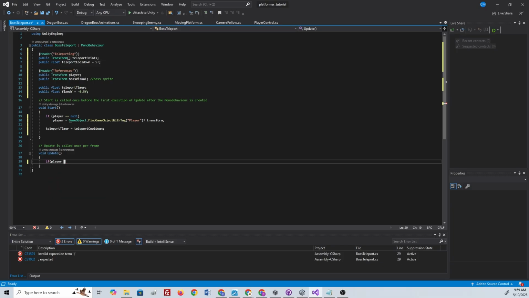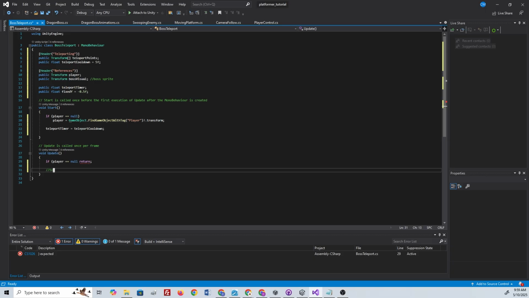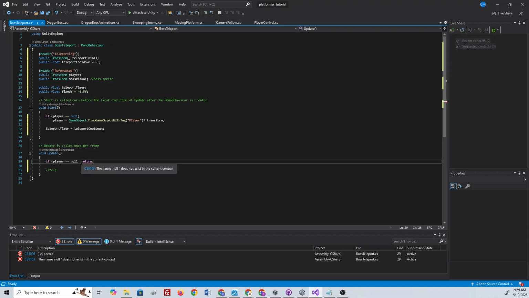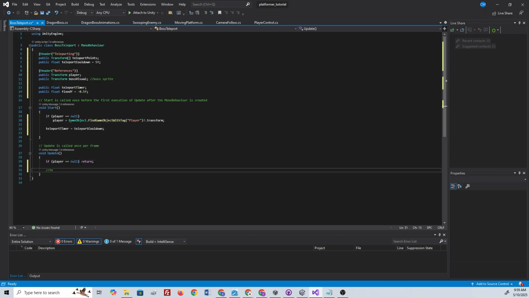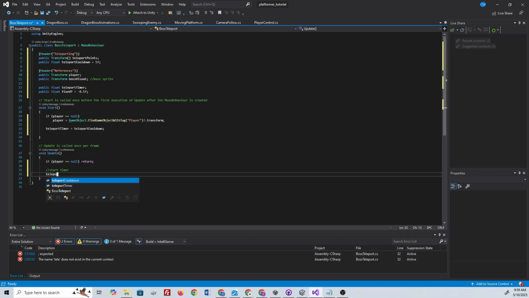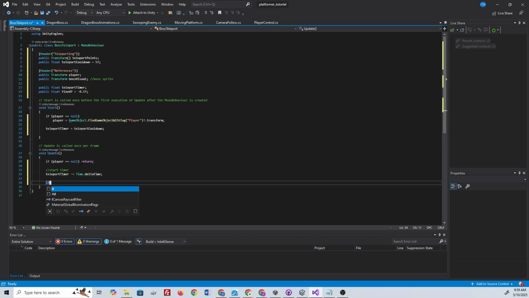If the player is equal to null, then we're gonna return nothing, but otherwise we're gonna start the timer. Oops. Apparently I took that parenthesis with me. And when the timer